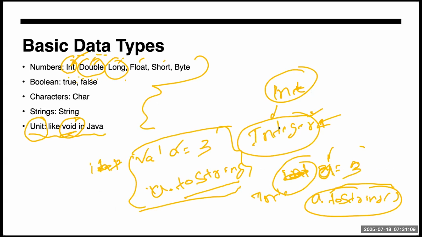And one more thing, as I told you, if you want to declare a variable type, here I have not declared the variable type. But when I was writing the Java code, I had to define the integer type. Here I have not defined it. So if you don't declare the variable data type in Scala, it will guess what the data type of the value is. But in production, we mostly try to give the data type. If you don't give it, it will automatically understand what it is.